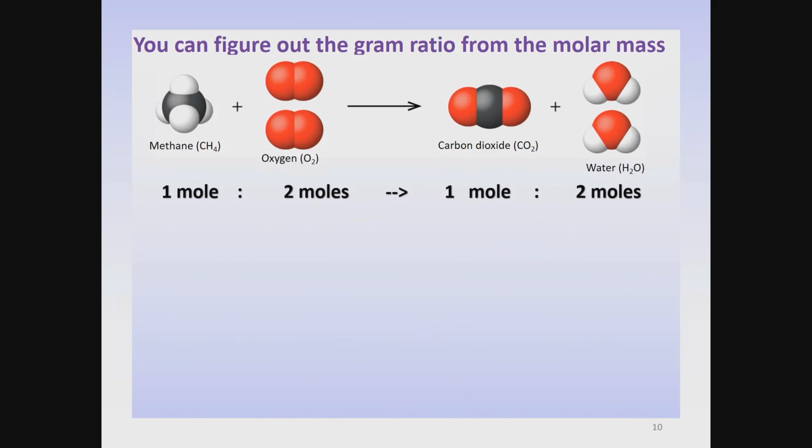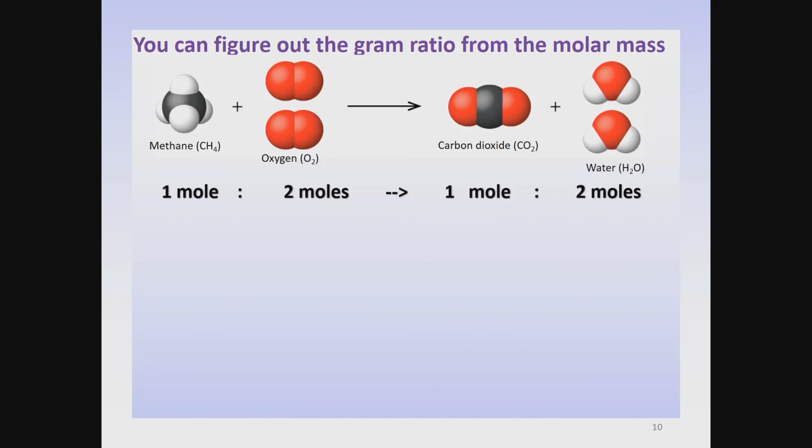However, if you want to know what the proportions of grams are for these molecules that are reacting and produced, it's pretty easy to take the moles of each molecule and figure out the grams involved for each molecule. All you have to do is take those numbers and then convert them to grams using the molar